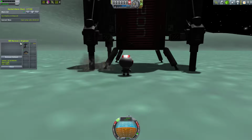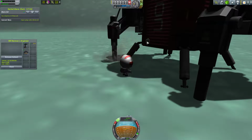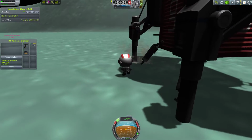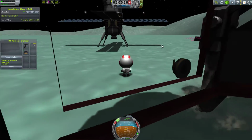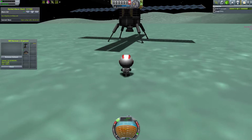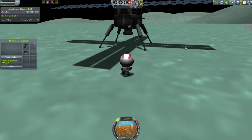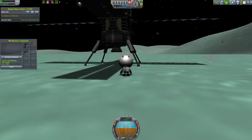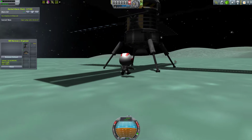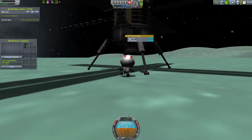But right now, what I'm doing is I'm attaching this connector port. It's like a miniature docking port. It will allow you to transfer energy. It will connect these two ships together, making them a singular ship, and allow you to transfer electricity, anything really, to be honest. Let's turn off the RCS of course. It will allow you to attach this ship to that ship. Then the resources that are in this ship are then...